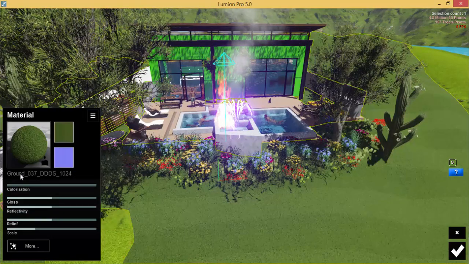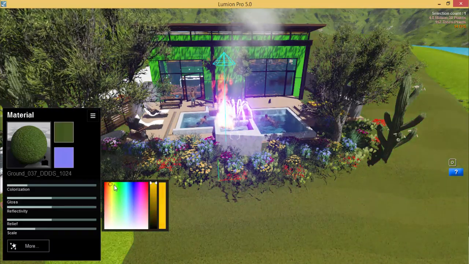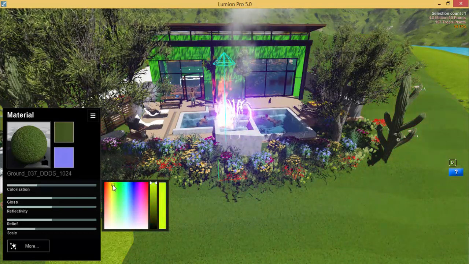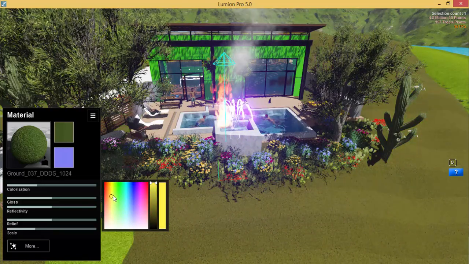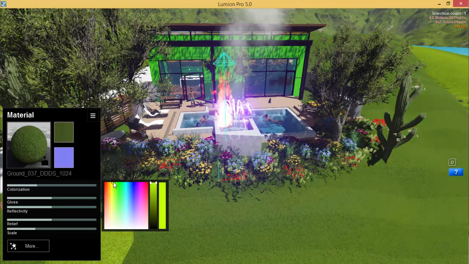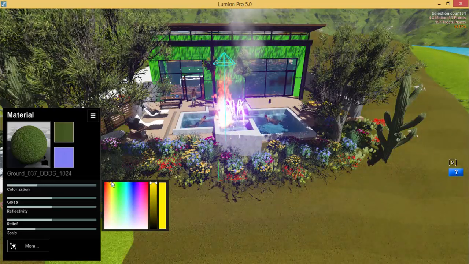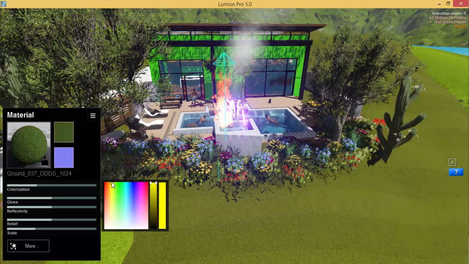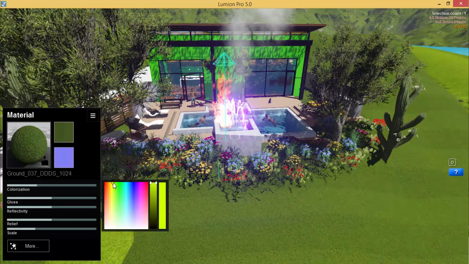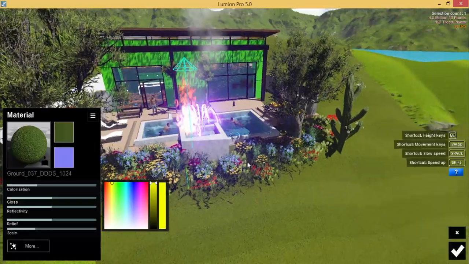Okay, we can check the colorization. To fill in the grass a little bit.